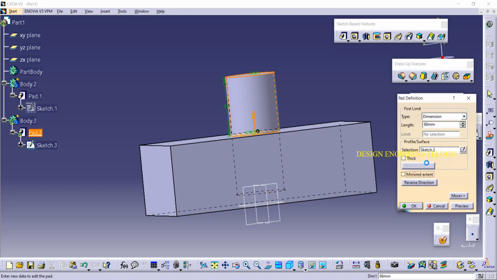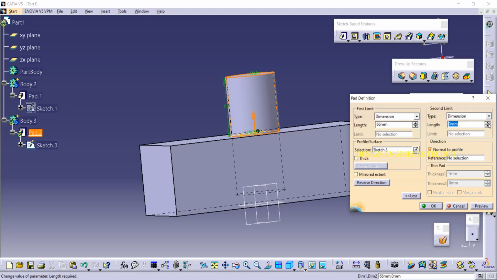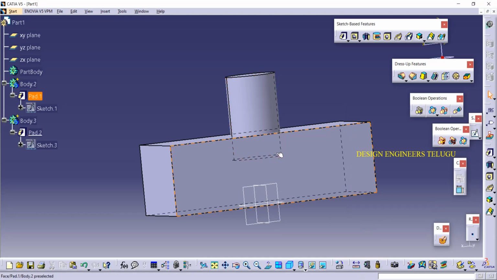Suppose for example, what I am doing here is I'm just changing this somewhat. I'm giving till this here, or if you want to increase that, you can increase, until next also, but here I'm adding material up to here only. Then click on OK. Now only this area is the intersection area. So now we will get only this as our intersection area. So only this volume we will get now.